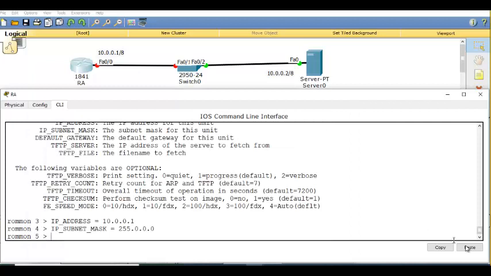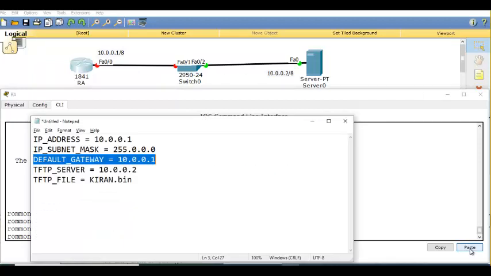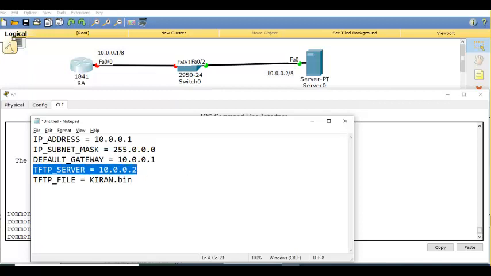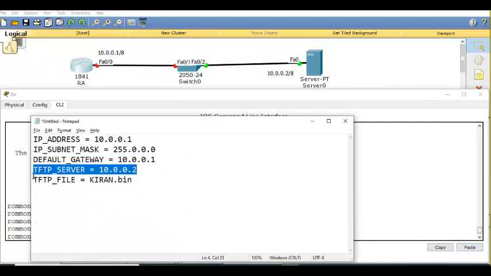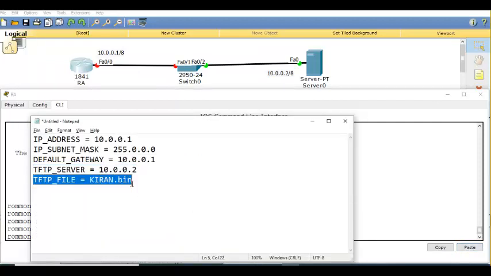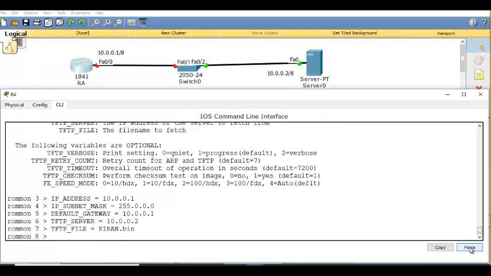Default gateway is also given. Next. TFTP server address is also given. Next. The file name is also given. Now you say boot.